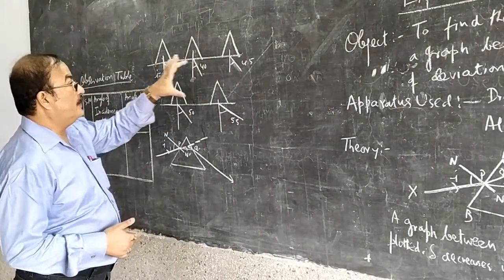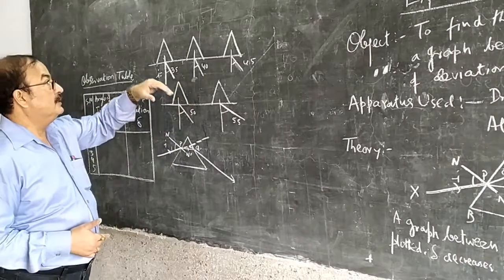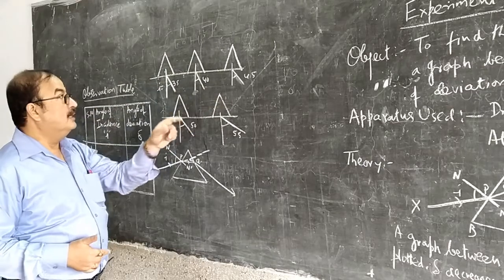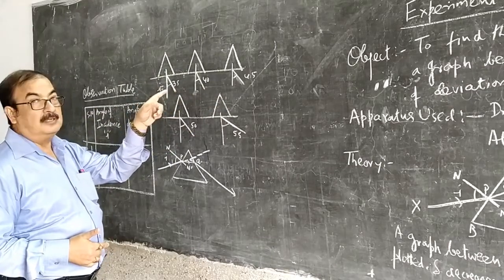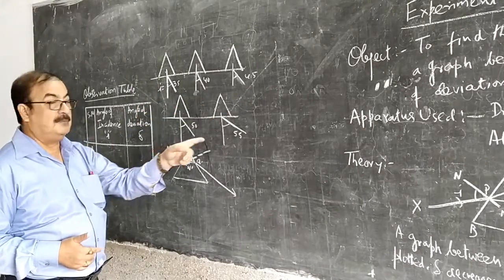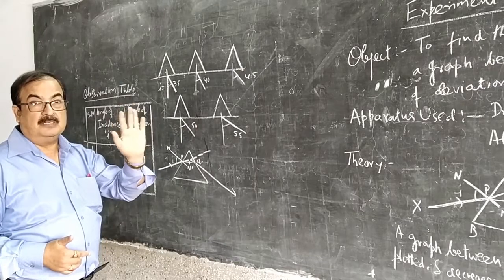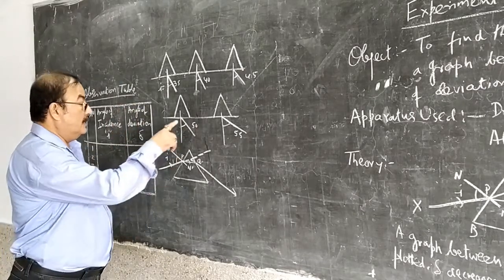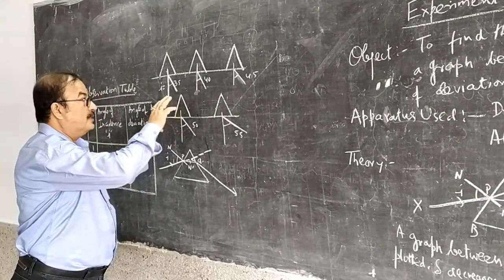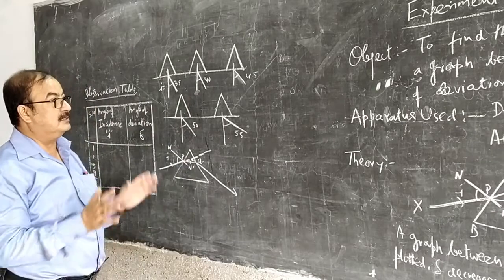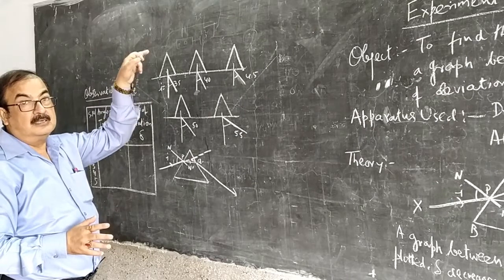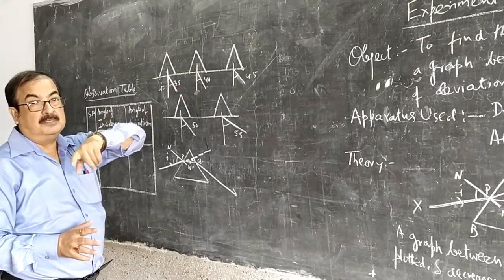We may draw two parallel lines with some gap between them, and exactly at the center we draw a perpendicular, that is the normal, and from the normal we draw some known angle, angle of incidence. It is 35, 40, 45, 50, 55. These are the angles of incidence, and these are incident rays. And after doing this infrastructure, then we have to do it one by one. Now remember, these are not any triangle, but just the outline of the given prism.